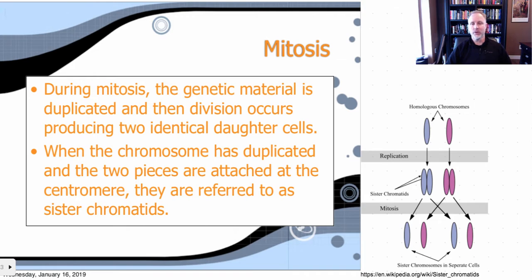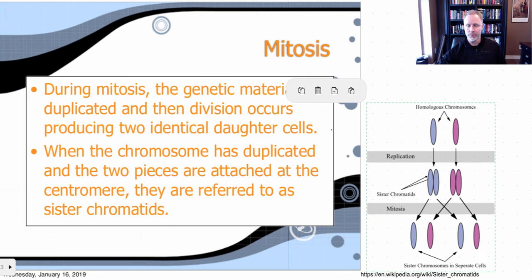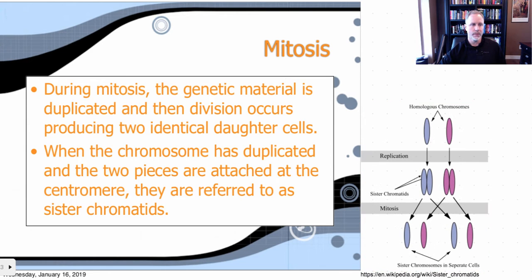Okay, so if we look at mitosis, you can see here you've got two homologous chromosomes. You've got this blue one here on the left. Okay, you've got this red one on the right. And when you go through mitosis, you're going to duplicate the cell. And before you do that, you've got to duplicate some of the organelles. You've got to duplicate the genetic material and so forth. And then mitosis will separate these things out. So you end up with basically two daughter cells here, these two from this original one that we started with.